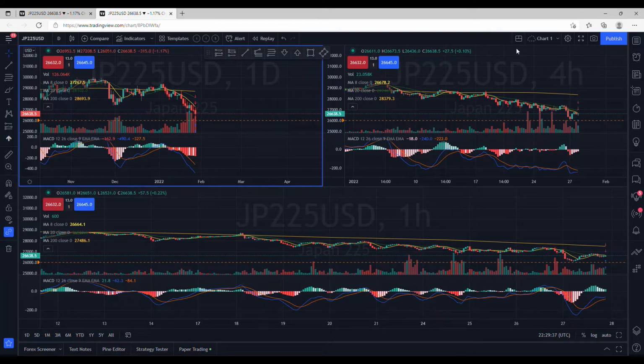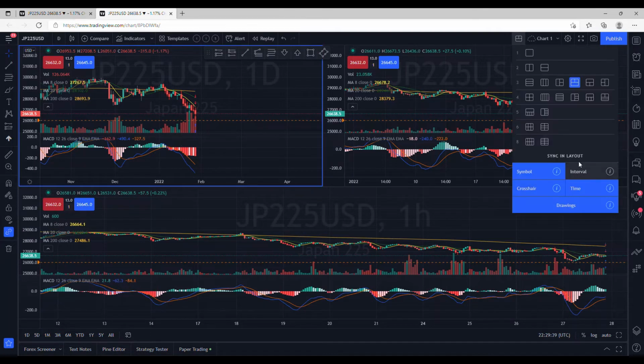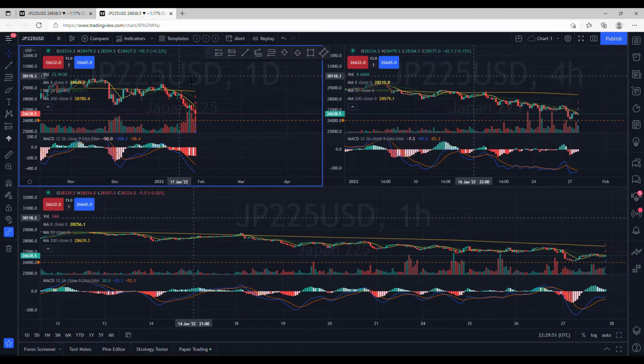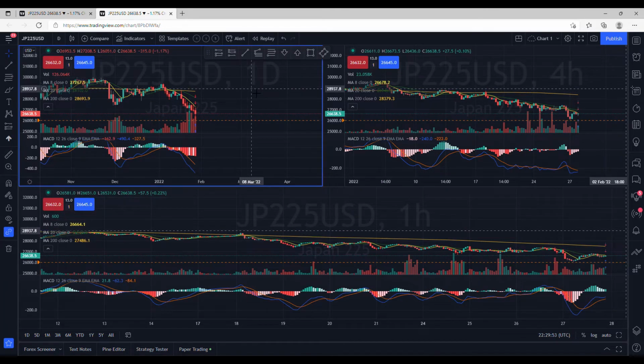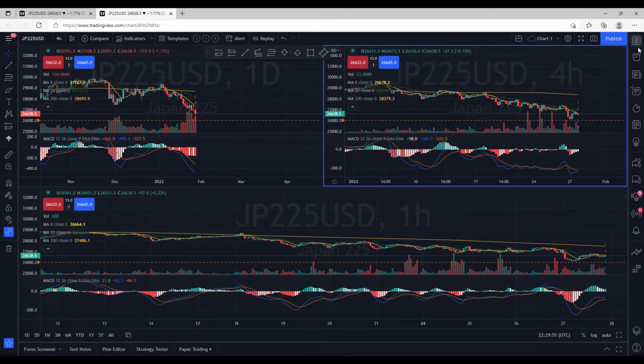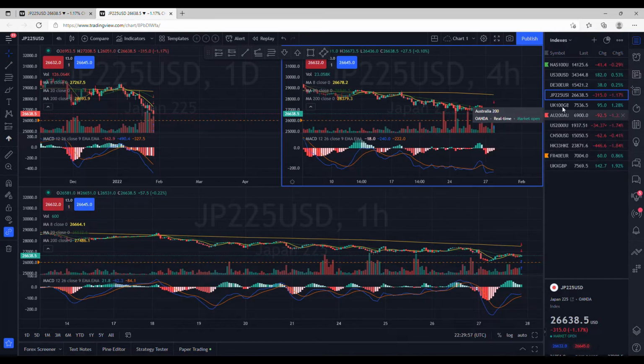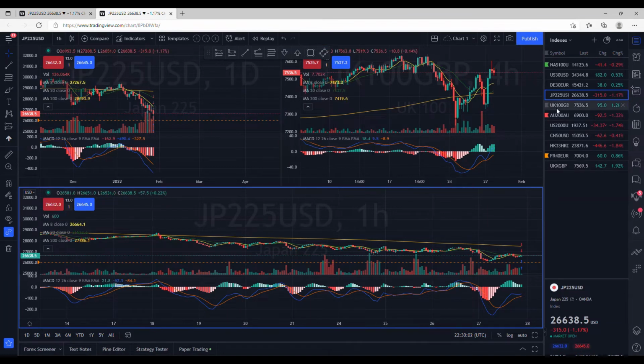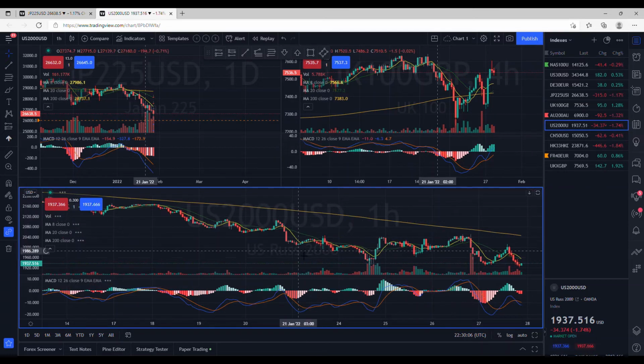So what we can do though is if we click up on here again, we can actually take symbol off, and say if we wanted Japanese JP225 on here, but on here we wanted something different. If we go to our watch list, you can put UK 100 on it, and say this one you wanted US 200, you can put US 200 on it. So you can get multiple charts up at different times,